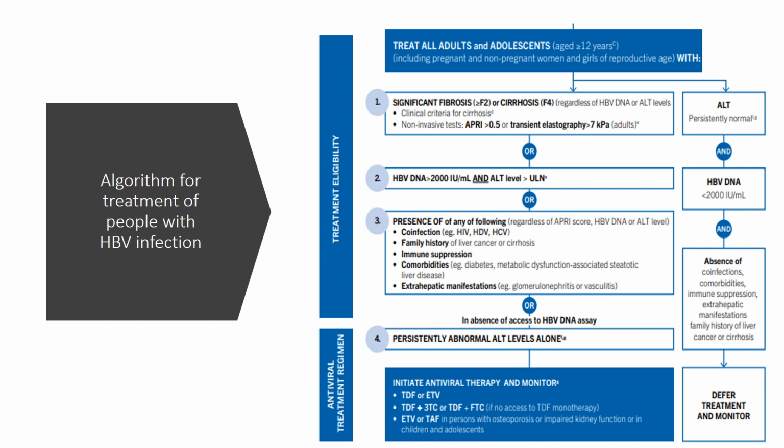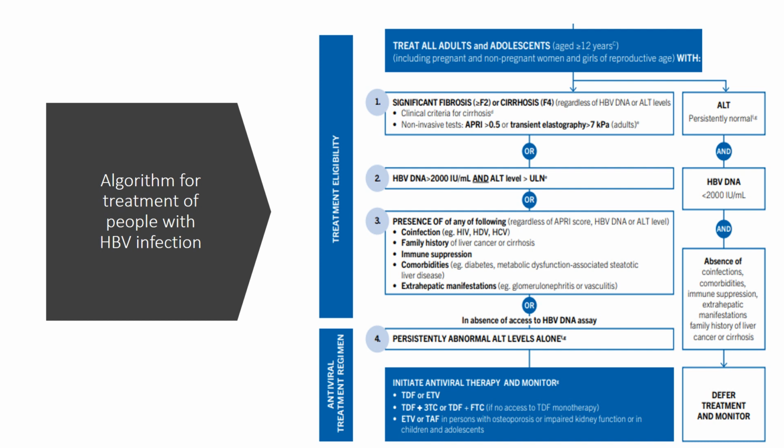For the updated recommendations, all adults, adolescents, and children 2 years or older for whom antiviral therapy is indicated, the nucleoside analogues that have a high genetic barrier to drug resistance, tenofovir disoproxil fumarate (TDF), or entecavir (ETV) are recommended as preferred regimens. TDF plus lamivudine (3TC) or TDF plus emtricitabine (FTC) are recommended as alternative regimens where TDF monotherapy